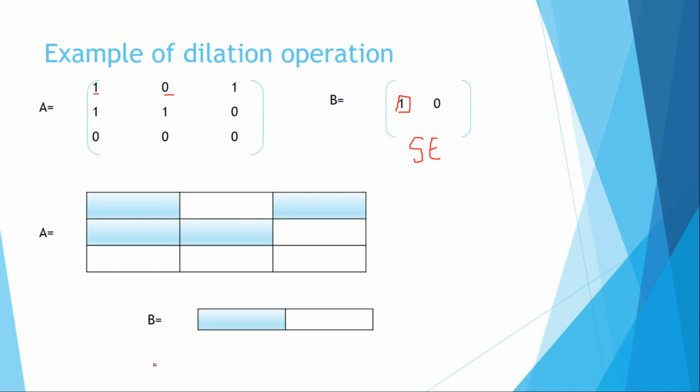The structuring element over here is B. In this, B is equivalent to 1 at the first position, and we can also represent the origin. I can keep a symbol like a dot, or write origin, or else keep an X mark, depending upon the case. But don't keep the X mark, because we sometimes get confused with don't care conditions. So it is better to keep it as an O symbol, or better to keep it as a dot symbol.